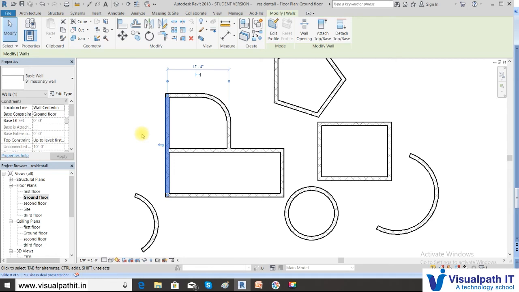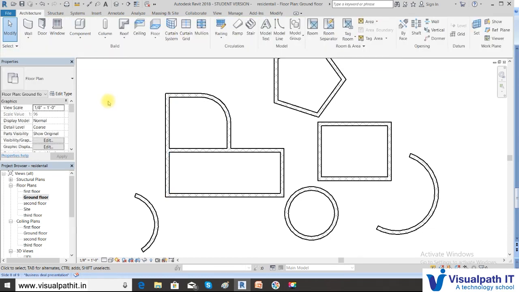Now there is one more editing of the wall, which is called edit the profile. So this is very important. Suppose you want to edit like a fort wall, or you have decorative walls in the terrace.